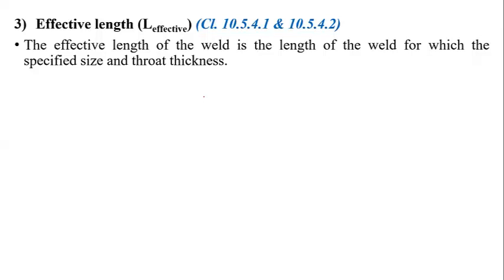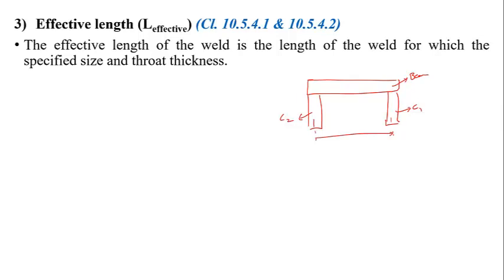You know, in RCC, if you want to find the effective length and clear length, suppose you have a beam attached to columns. This is column 1 and this is column 2. The effective length is the length measured from the center of the member to the center of the other member. This is called L effective. Whereas clear distance is the distance measured from the inner parts of the section. This is called the clear length.